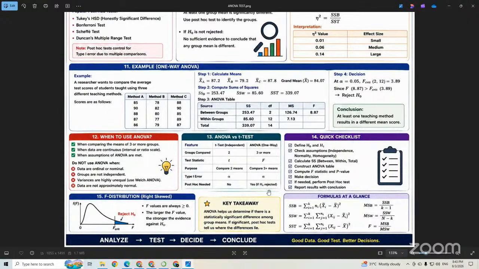Okay, so here this part which you can see is reject H0. See the graphical part. This is the F distribution, right skewed. In the right skewed you can see this blue part. F values are always positive, so all the values computed here are positive. And for a large value of F, the evidence against H0 is stronger. So this part will be rejected the larger the value you have.